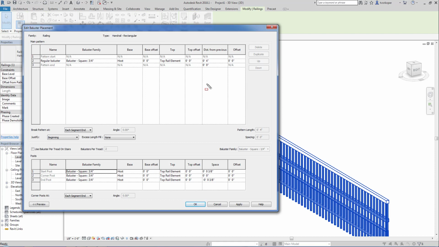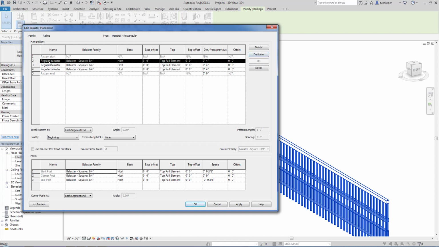So in our example before, we had 2 long ones and then a short one. The 2 long ones were 6 inches apart, and the short one was 1 foot in the middle of those. So we'll need to highlight one and duplicate it twice. The top one, or row number 2 here, we'll go ahead and make it be the long one, and this is the one that we wanted 6 inches away from the previous. The middle one will be our short one,